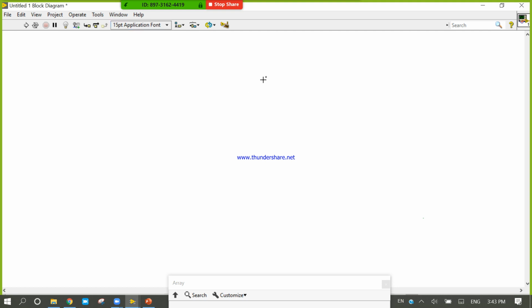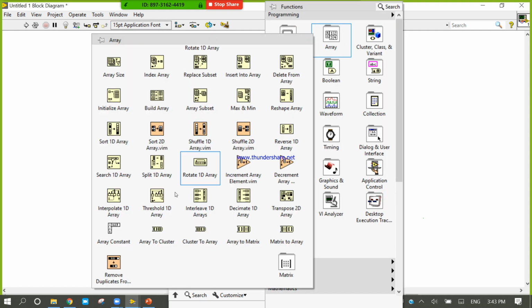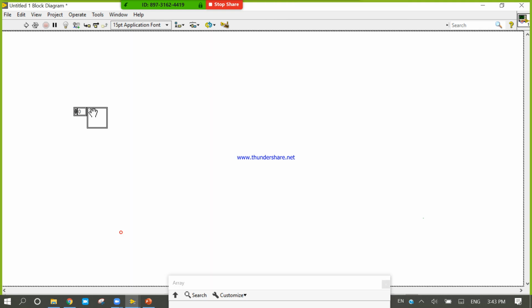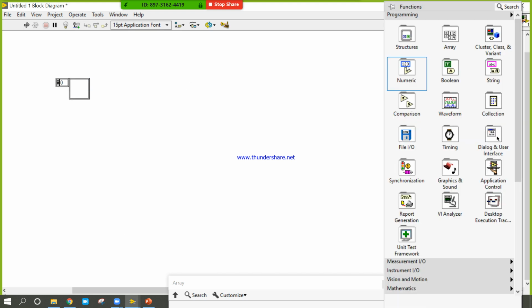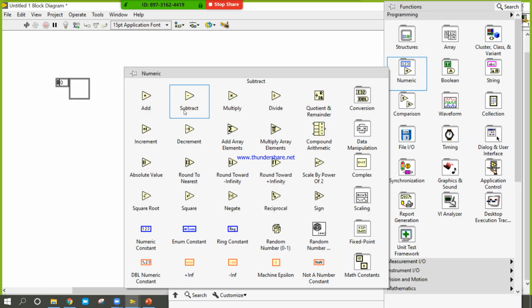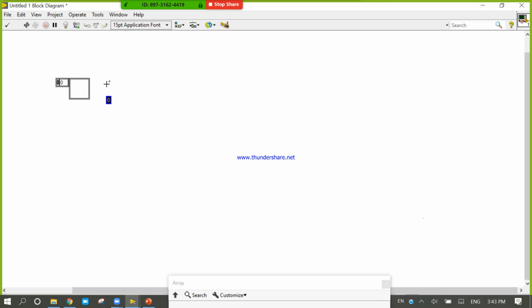Now right click in the block diagram, come to the array constant, take it here. Right click in the block diagram, come to numeric, take the numeric constant and place it inside. Please increase the size. Look here carefully, there are two kinds of blocks inside.